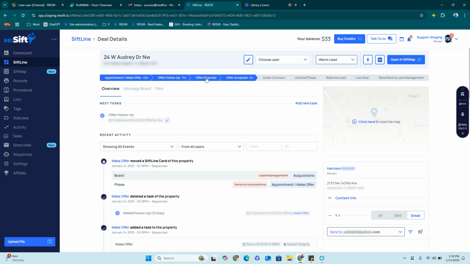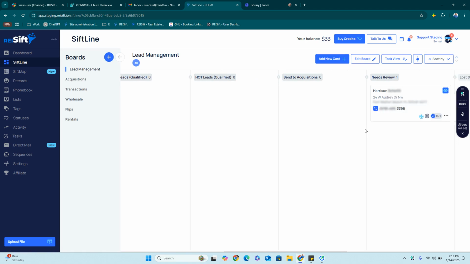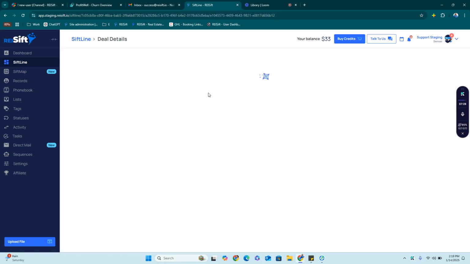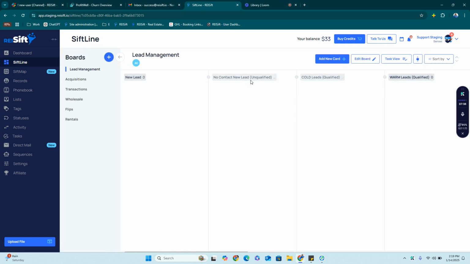Let's say that you're making offers, and then this person, you're like, oh, they're not really on the same page. They need to be passed back down to lead management. You can click on this column here or move it into this send back to lead management column. It will get moved back onto the lead management board in the needs review stage with a task to send back to lead management. They need to review it, and then they could move it back into the appropriate phase, like maybe this is really a cold lead. So now it's back in the cold lead phase,